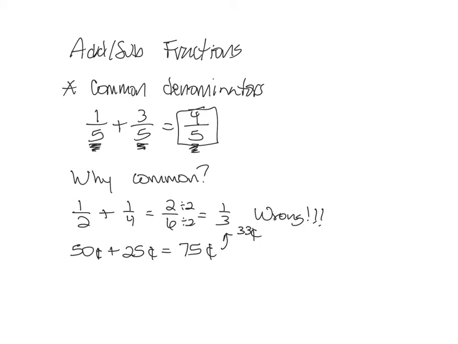So if we're going to do 1/2 plus 1/4, we need common denominators. And a lot of you can probably look at that and say, hey, 2 and 4, I know what the common denominator is. And if you do, that's fantastic, and we'll go over how to change those in just a second. But there's another idea that can be used when the numbers get bigger and maybe a little bit harder: make a chart with our denominators, 2 and the 4,